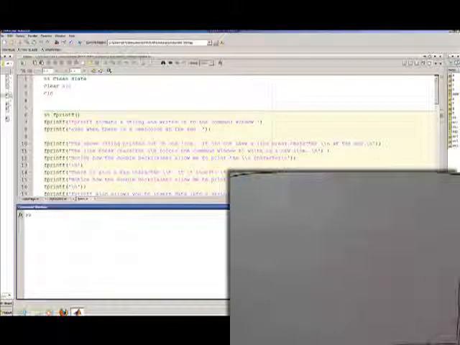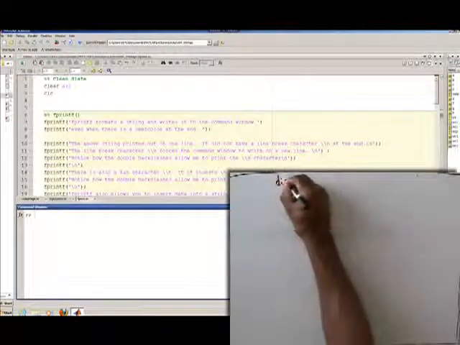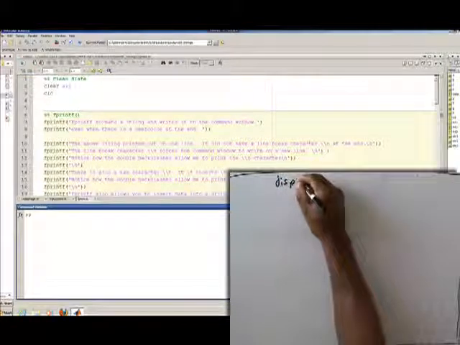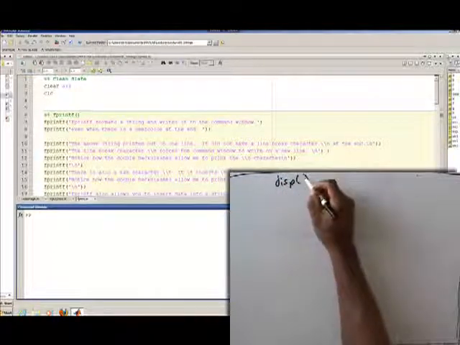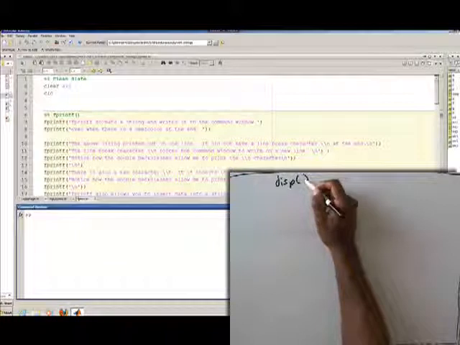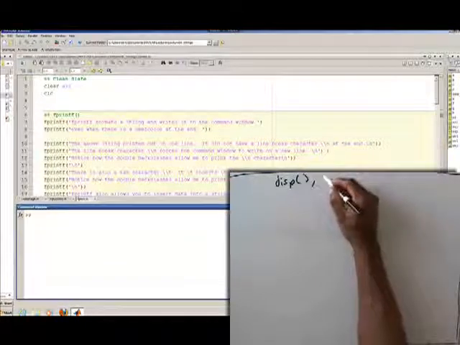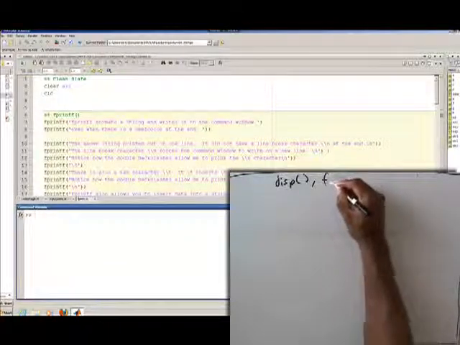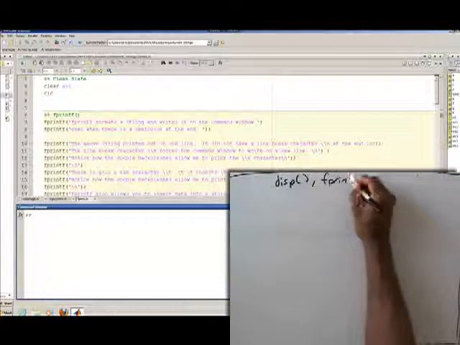Now I want to talk about formatting output with MATLAB. We've used the display function many times now just to display whatever we put inside these parentheses out to the command window. Well, there are ways to format that, and the two functions that we primarily use are fprintf